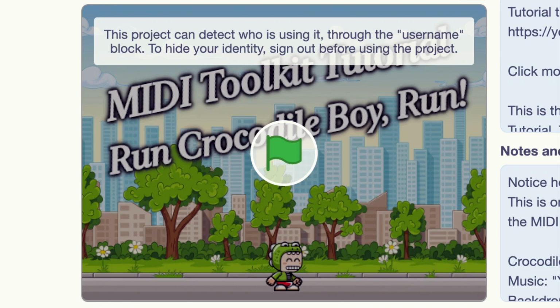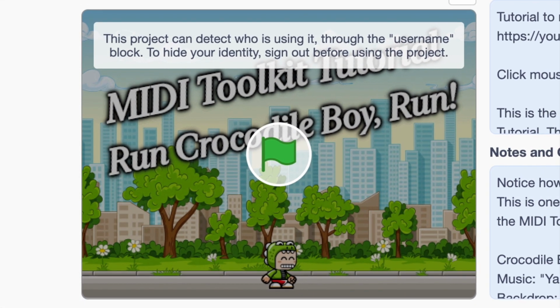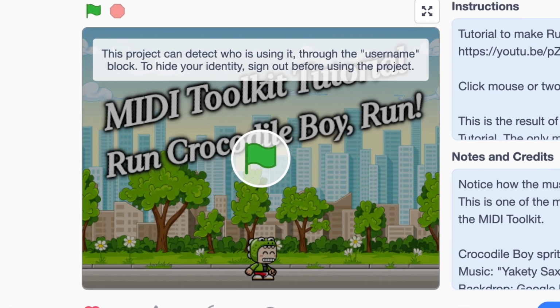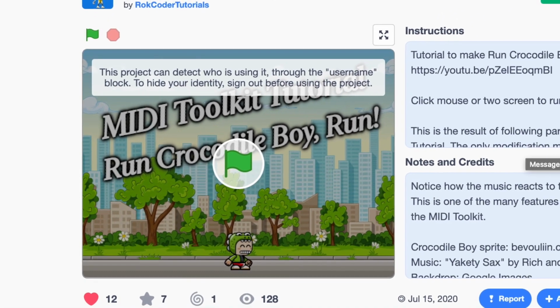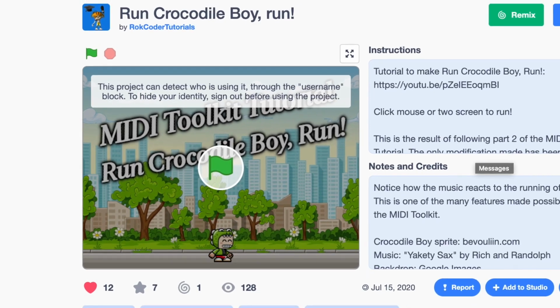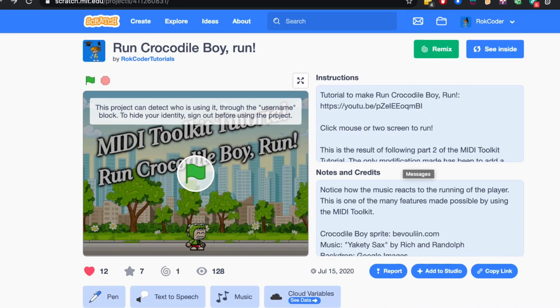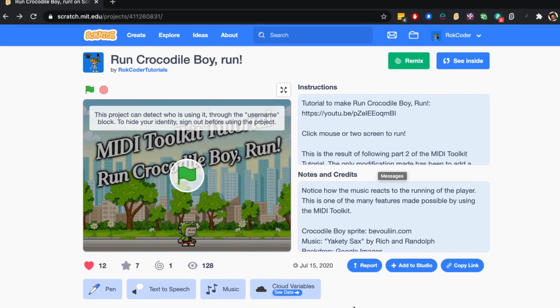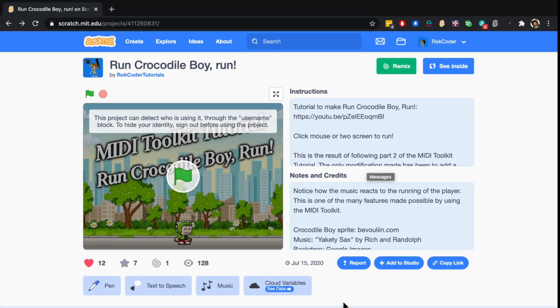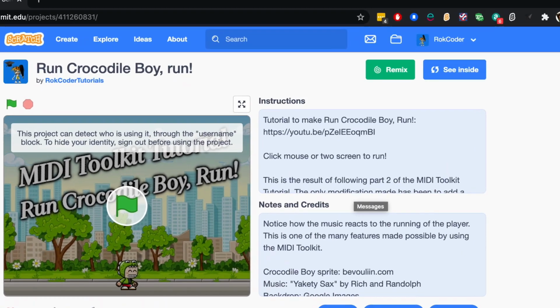Rather than continuing from the project you made in the second tutorial, it's going to be a better idea to remix the version of it that I have on the tutorial Scratch site. So I'll put a link for that in the description of the YouTube video, along with links to various other useful resources, and that way you're starting with the exact same code I'm using here, and you also have the assets that you require, such as the Thomas the Tank Engine music, which we're going to play along with. So once you've got the project up on the screen, hit the remix button and we'll make a start on